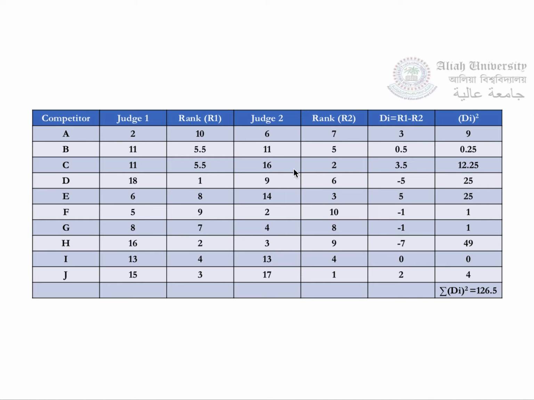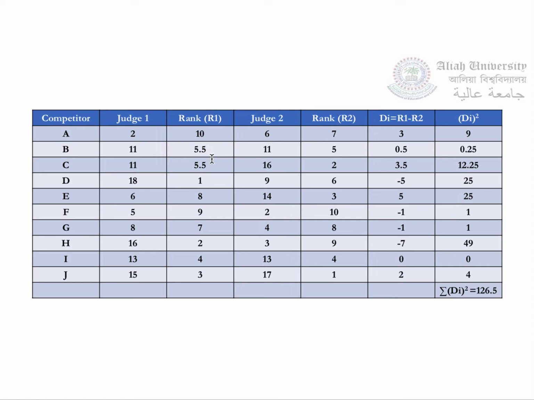Now first of all, we have to assign rank to it. So if you look at the judge 1 scores, the highest score is 18, which is given the first rank. Similarly, we move further, so 16 is the second rank, 15 third rank, 13 is the fourth rank. Now here we have an exception. That means there are 2 candidates who scored 11 from the same judge. So if going by the ranking pattern, they would have been in the 5th and the 6th position.